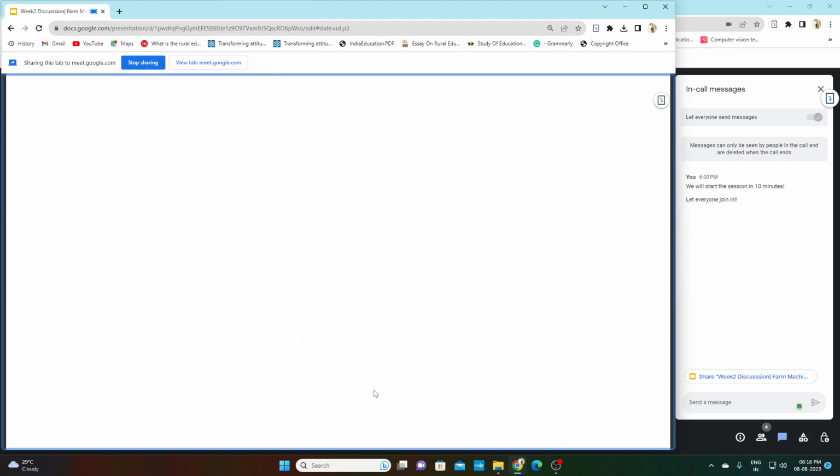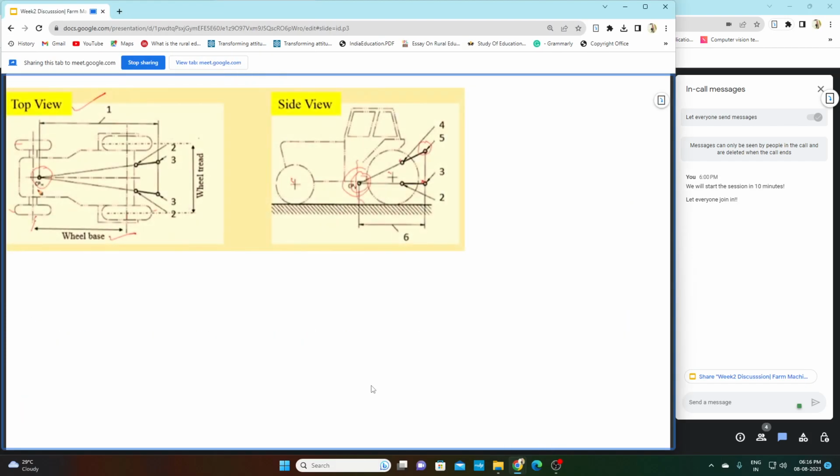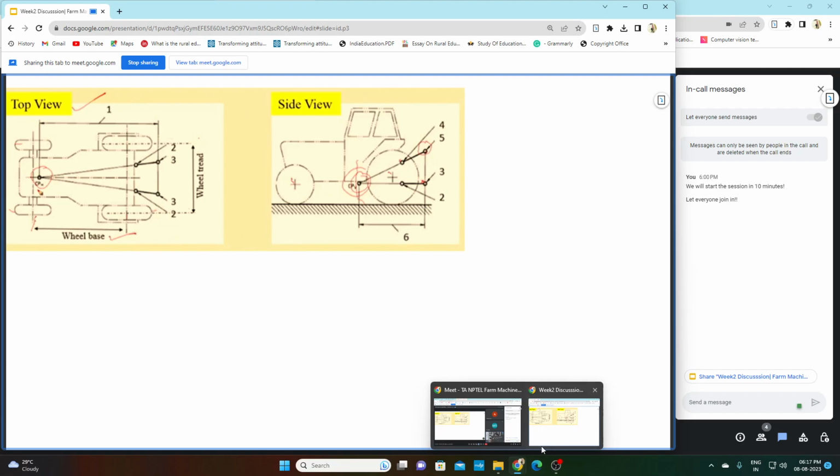Now to visually see the hitch, I have attached here two diagrams. One is top view and one is...